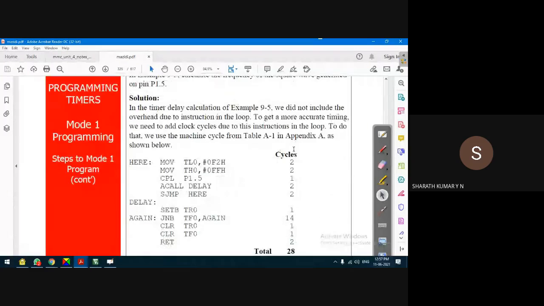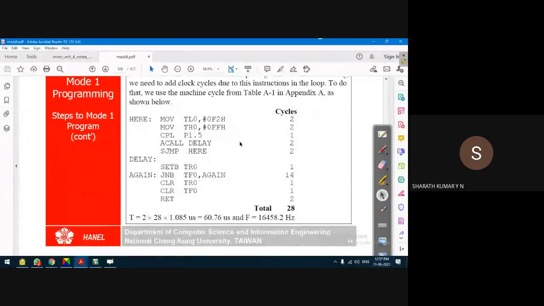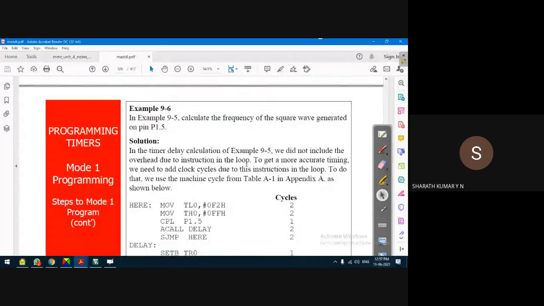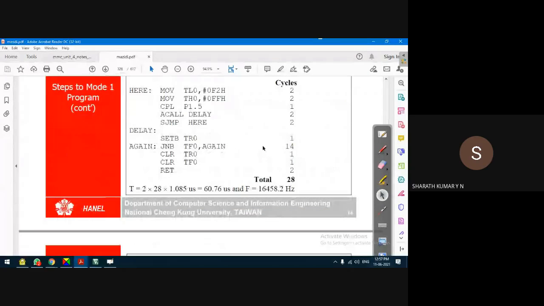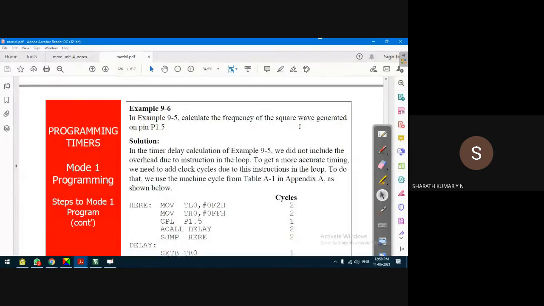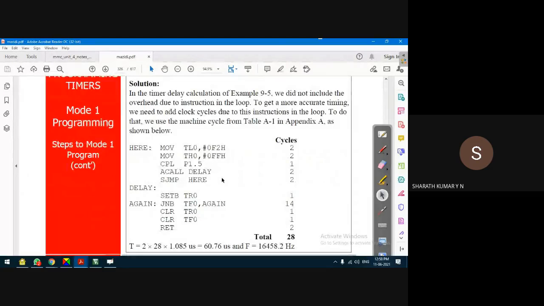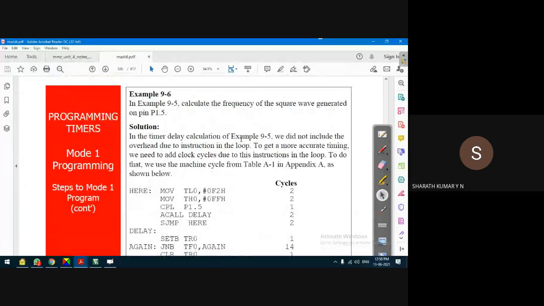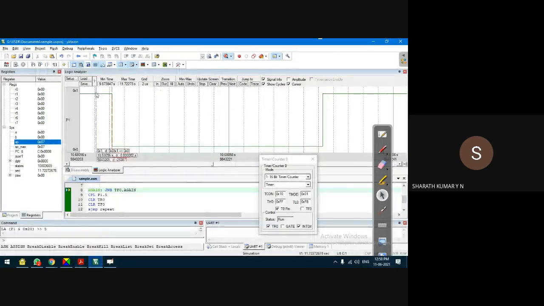Before I go to the next part, this is another way of generating the delay. I'll go to that a little later. Here it is 60 microseconds. In this case, observe this, guys: calculate the frequency of the square wave generated on P1.5. What is the frequency we are getting, by the way? Just a second, let me zoom out.